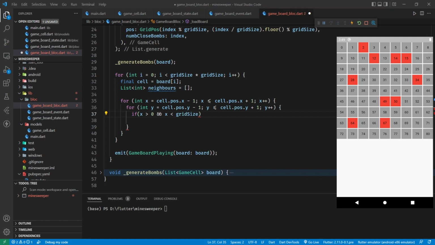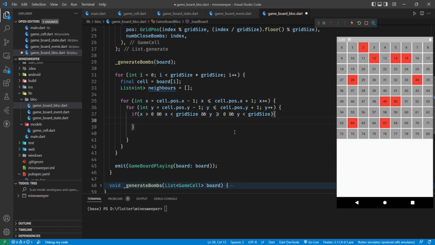There's no such thing as an X position of 9. And Y is greater than or equal to 0, and Y is less than grid size. Okay, so if we're in that bounds,